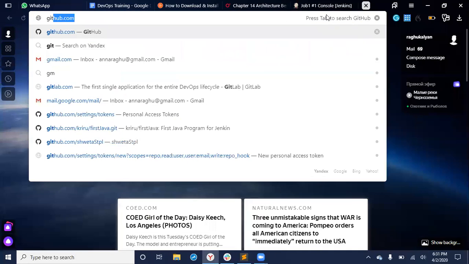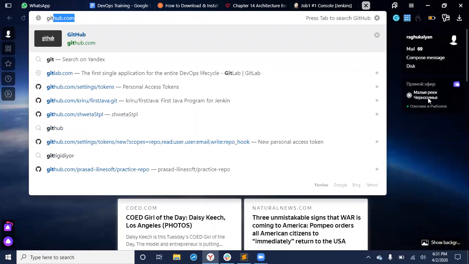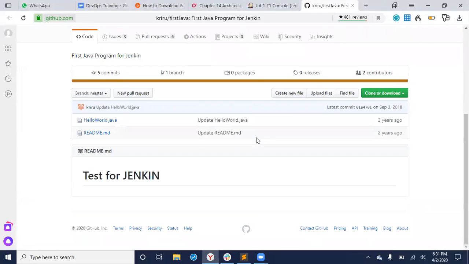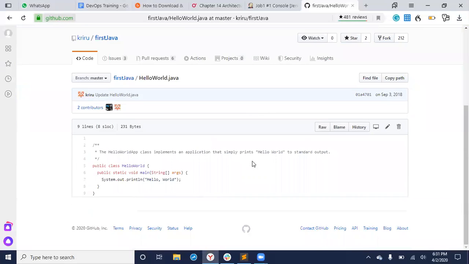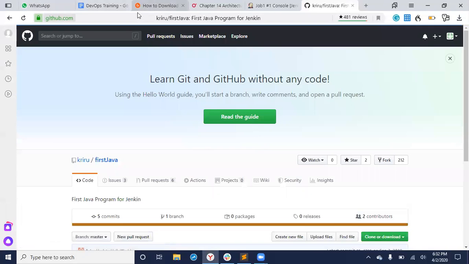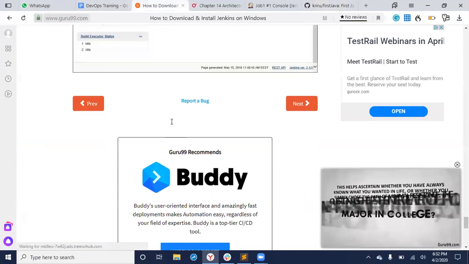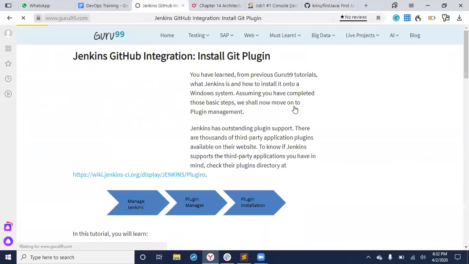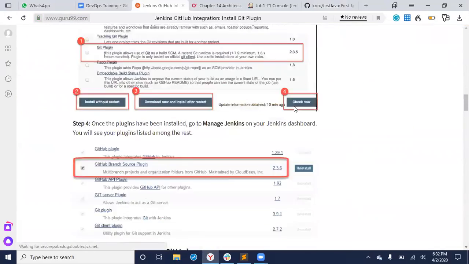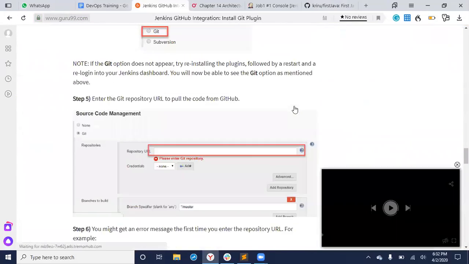Let's go to that GitHub. HelloWorld.java. Everything is perfect. What did I miss here? Let me see in this guy. This guy has done some role plugins. All this, install git, is not required.